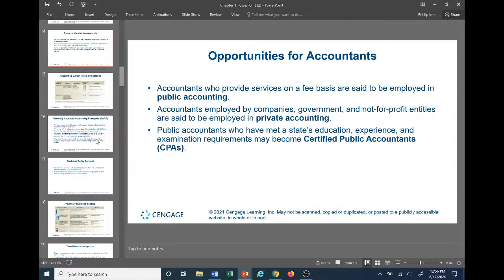What I mainly want you all to know with the opportunities for accountants is that there are a lot of them. You don't necessarily have to be sitting behind a desk with some glasses and a suit on and a big stack of papers, punching away on your calculator all day. I know a lot of people think that's the life of an accountant, but you could not be more wrong if that's your view. Not saying they might not ever look like that at work, because there are times where you have to crunch the numbers, and that's just the nature of the beast. But I just want to make sure you know the opportunity is endless. You can work in all different sectors.